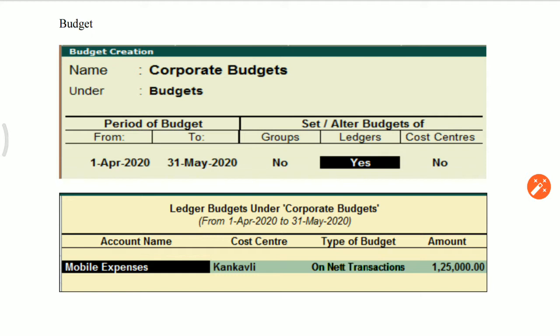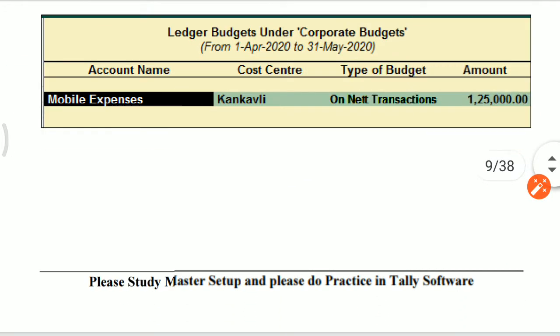It means I have given a budget that in 2 months your mobile expenses bill should not exceed 1,25,000. The moment the bill exceeds 1,25,000, it immediately pops up on your voucher screen that you have exceeded the budget. Okay, I am repeating again. When you book any payment entry and at that time your budget is exceeded, it immediately pops up on your screen that